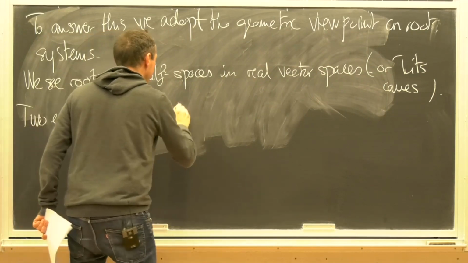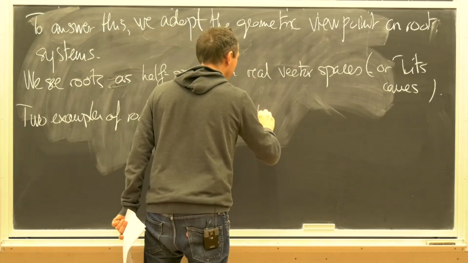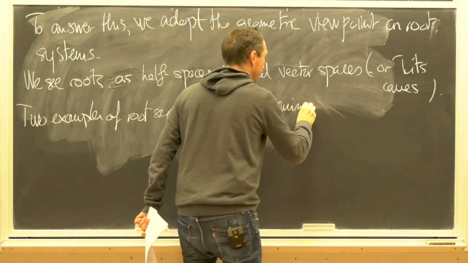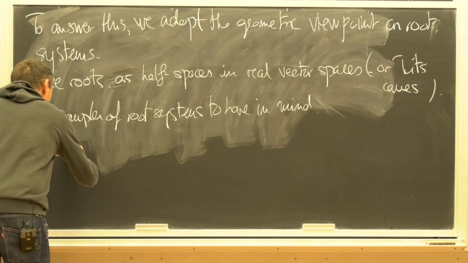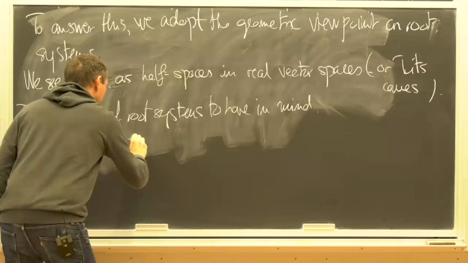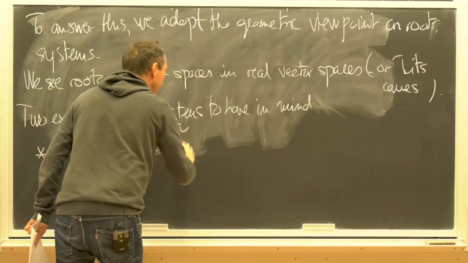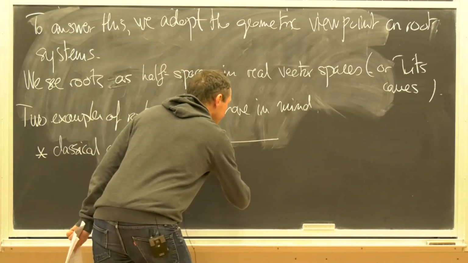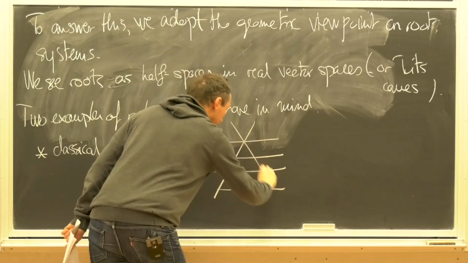Typical example. First one is the classical one. I will call it this way: classical or affine. Typically A2 tilde. If I look at the root system seen as a set of positive half